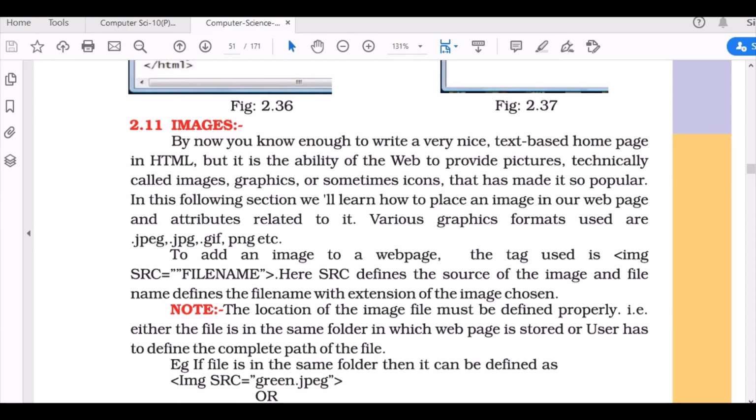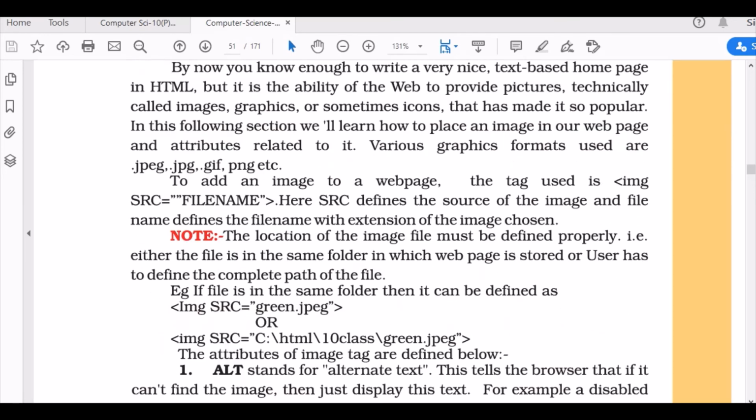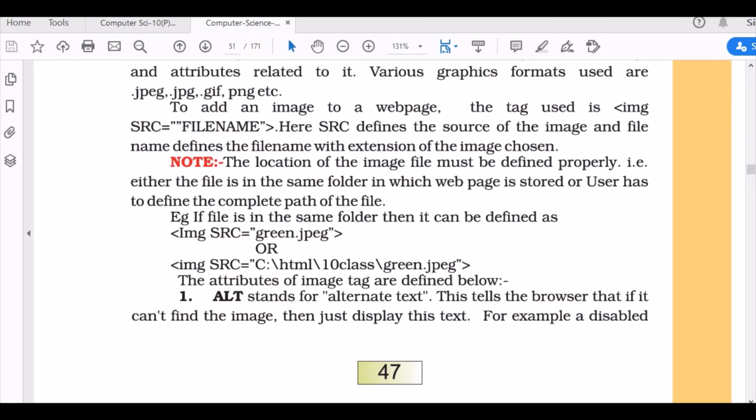Images. As the name implies, there are various types of images as well, different formats. You can use them by creating the image tag, source is equal to file name. Now there are two ways.